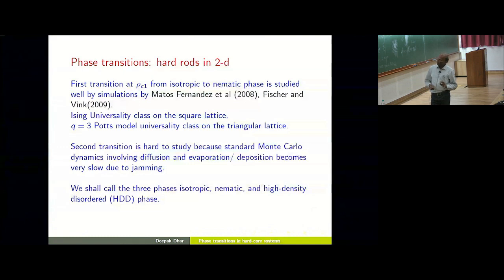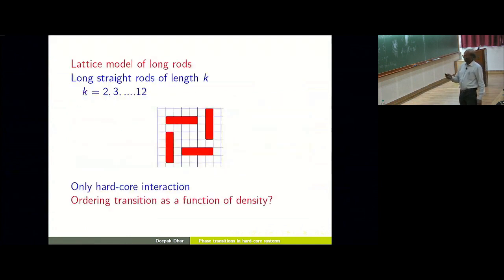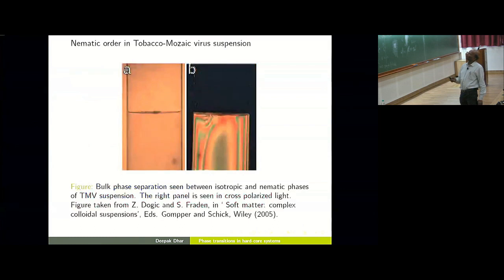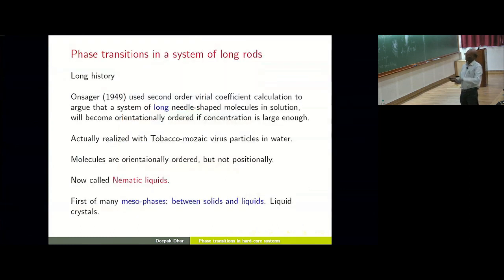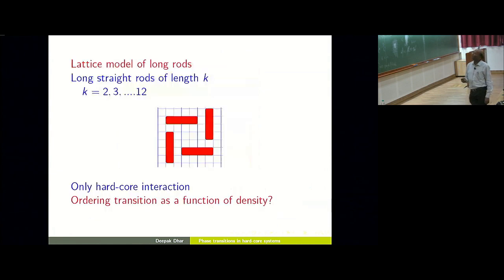Okay, so then we discussed the hard rods. And so this is the model of hard rods. I think we will go into the Onsager argument and variations of the Onsager argument in some detail later. This is the experimental verification of this isotropic to nematic transition in real systems. This is the model, and